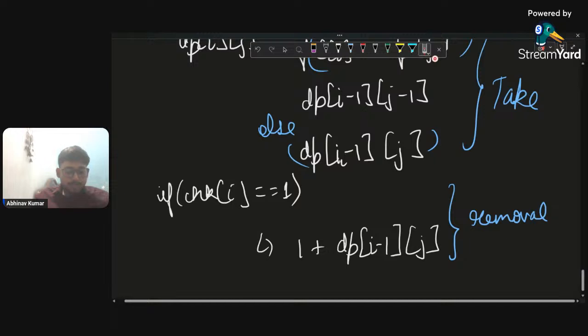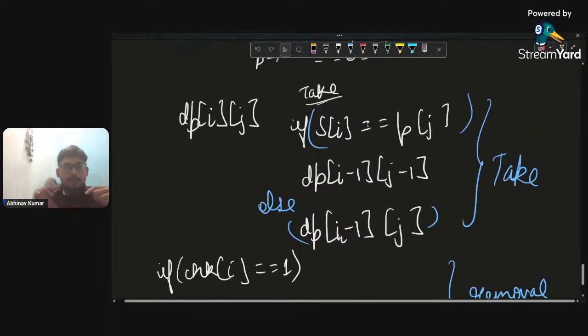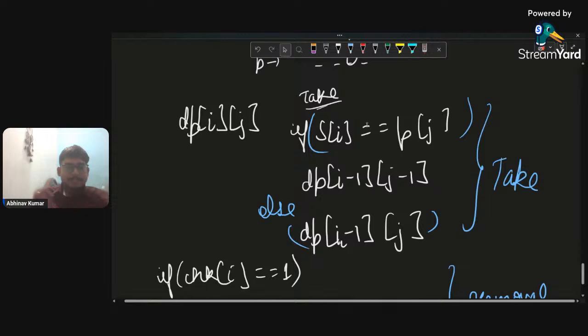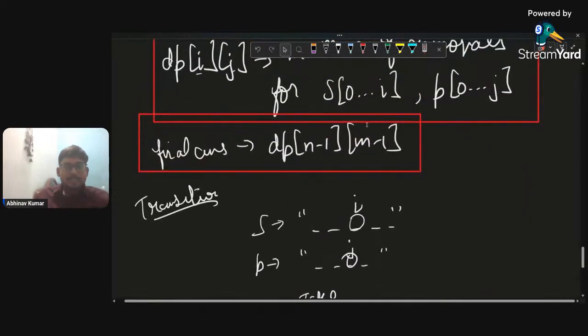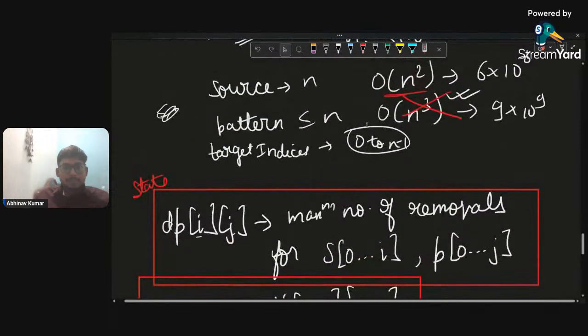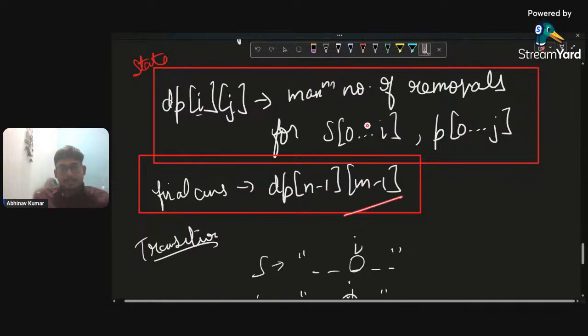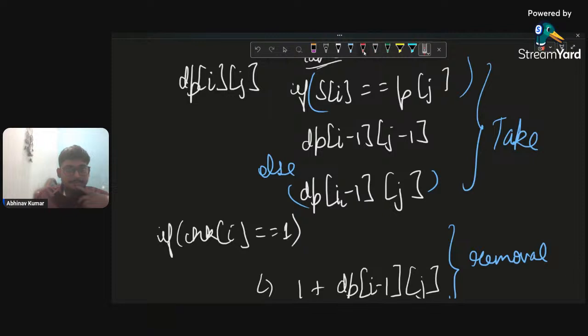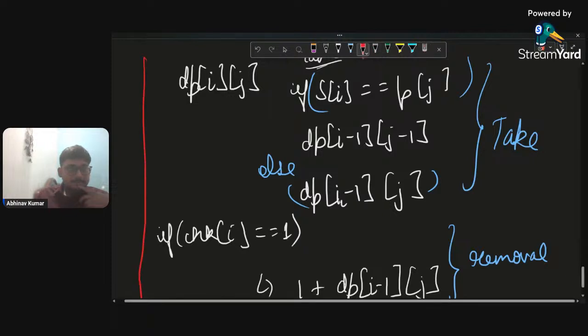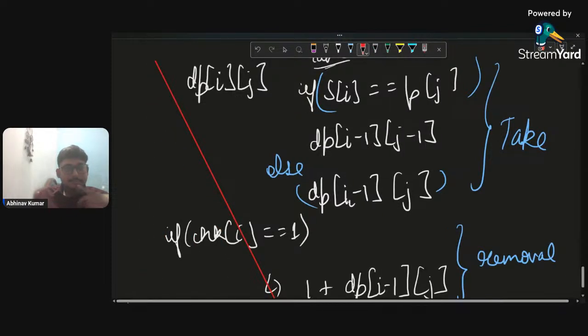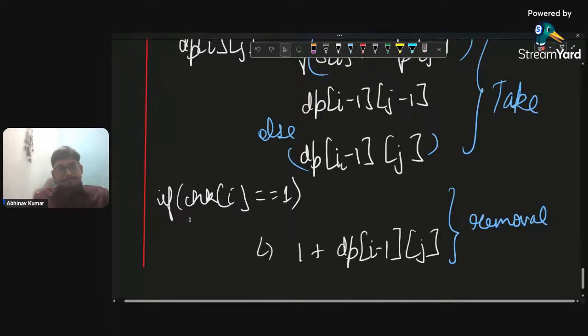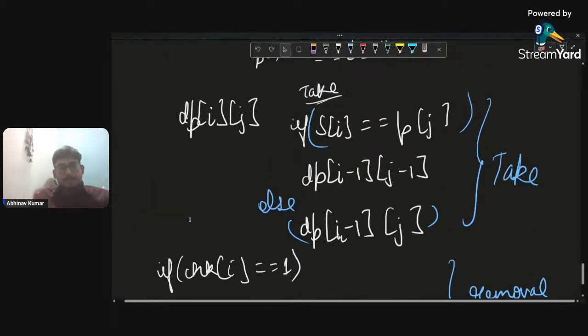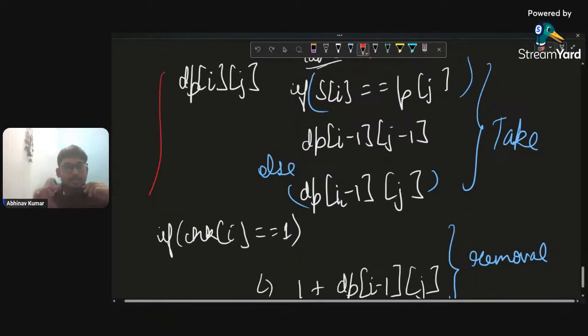So we can write the transitions with this state, my dp is going to work, and we can get the final answer using this. Is there any doubt in this? Okay, this overall is my dp